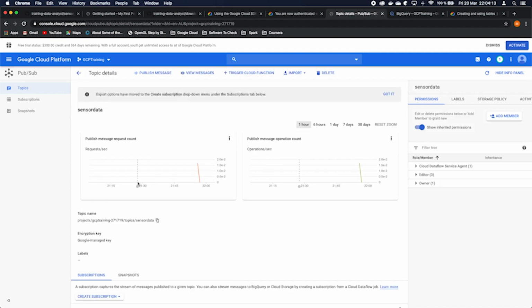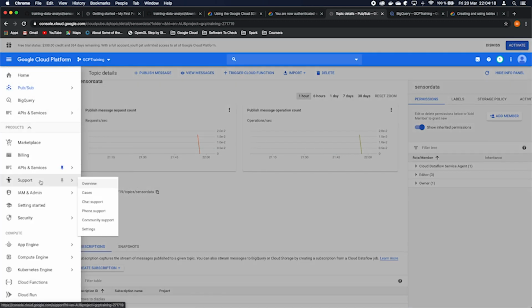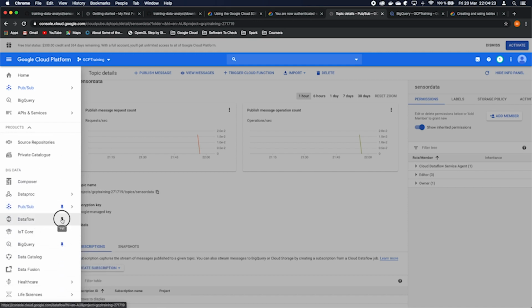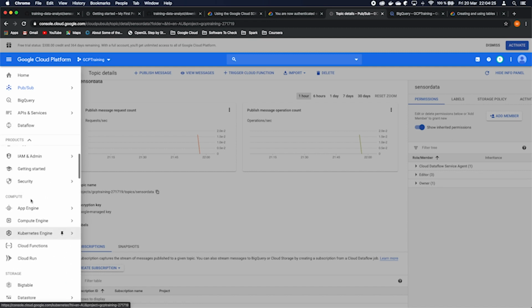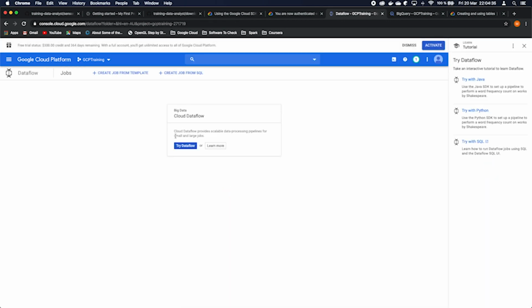Now, in creating the pipeline, we go in Dataflow, which we didn't pin. So see, when you don't pin, you have to go and search, and because Google has hundreds of services, it's really hard. We click Dataflow. What is Dataflow? Dataflow is a Hadoop cluster and a Spark runner, which are serverless. What does serverless mean? It means that you do not have to take care of anything. All is taken care of by Google.